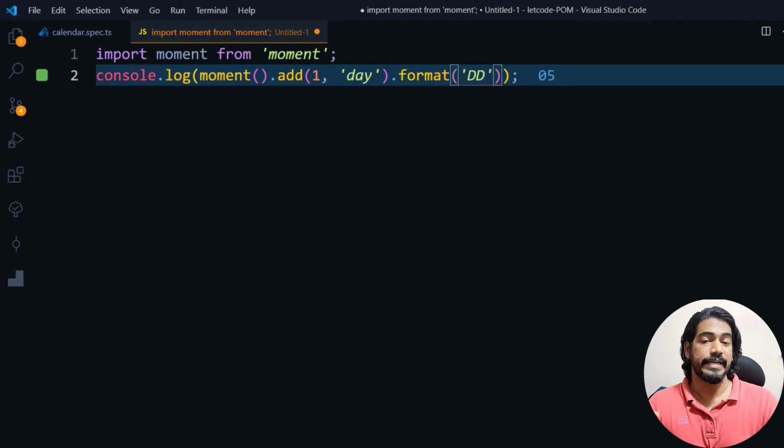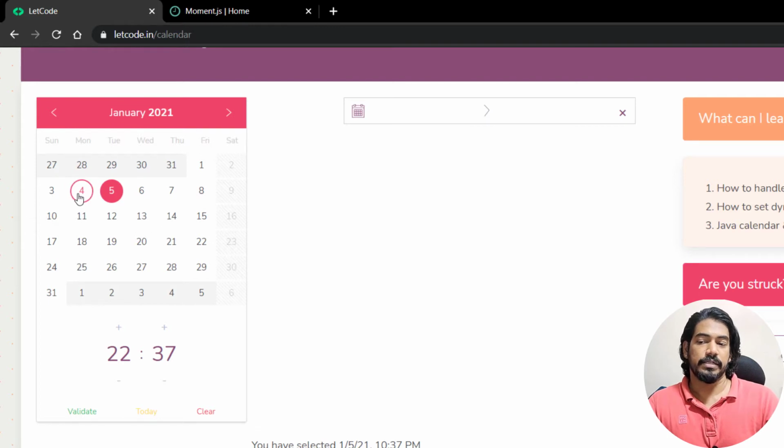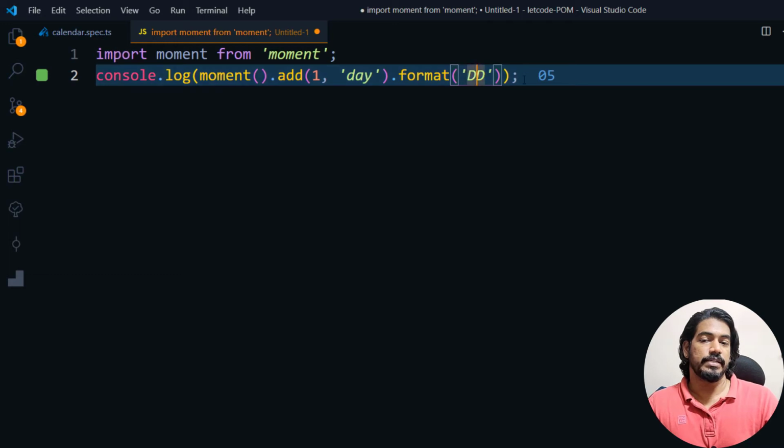I want only the date, not the month or the year. So I can use this. But if you see, in this particular page calendar, we have single digits. If it's going to be more than 9, then it's going to be 2 digits, right? So of course we don't want to take 0 here, rather we have to just take the date, that one day alone, right? So I can just remove this.